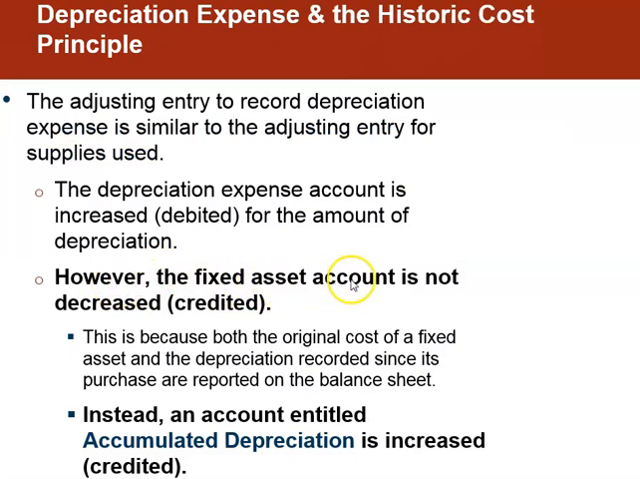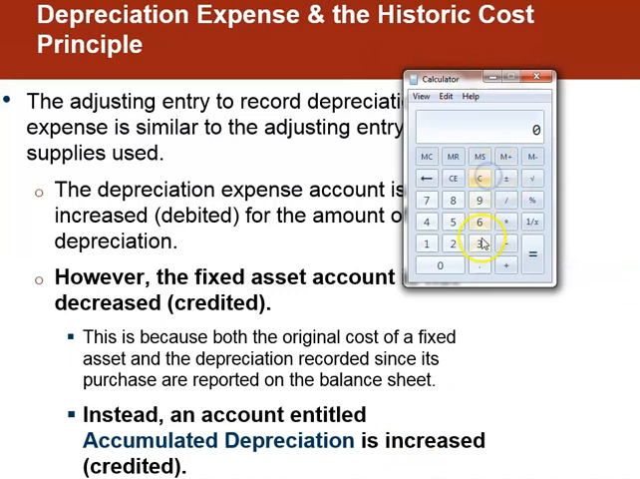However, the fixed asset account is not decreased. Okay. So I want you to think about this. We have a delivery vehicle. We paid $30,000 for it. Let's say it's 5-year property. We pay $30,000 for it. If we were to divide that by 5 for 5 years, we're going to have depreciation expense of $6,000 a